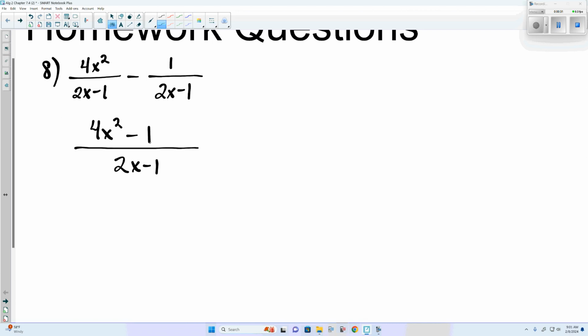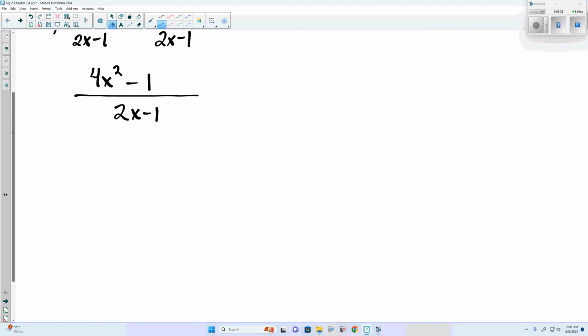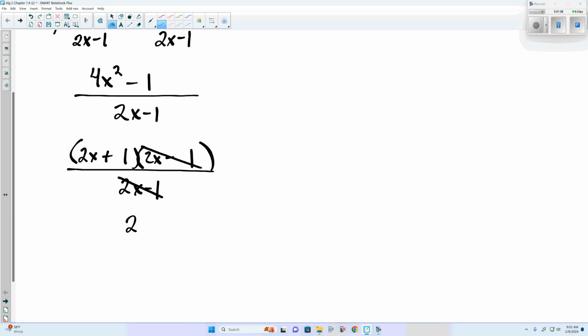Now the previous one where we just had x plus 4, that is simplified. Here we have an x squared, so we need to make sure it doesn't factor. Difference of perfect squares. Because what times itself is 4? 2, and x squared would be x. So 4x squared is 2x and 2x, plus and minus, factor, and our 1 squared would just be 1, leaving us with